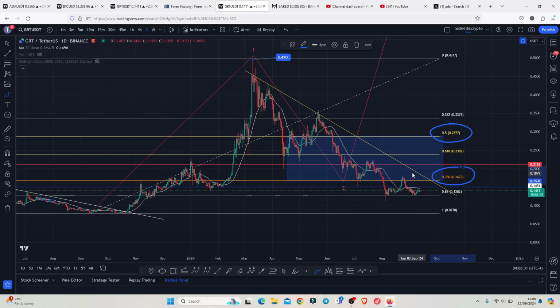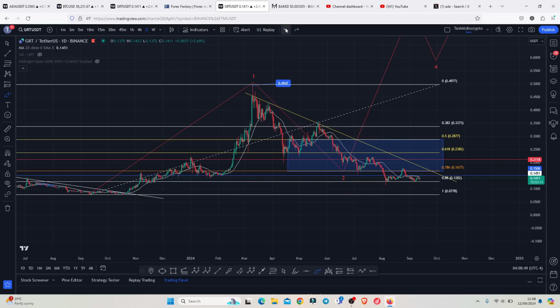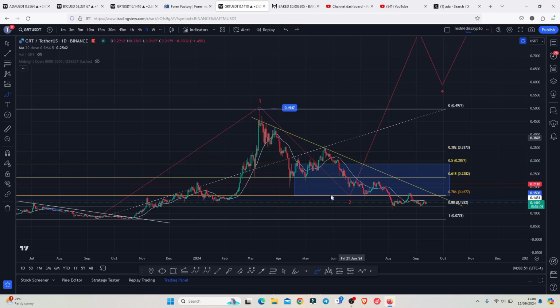And you can see that at some point we lost the fib level 0.78, but the fib level 0.88, which is the last line of support, and that is above the 0.1282, continued to act as support. And there's still a high chance that we now have a low in place for that Elliott wave count 2, and in the next coming days or maybe weeks, we are going to start a very aggressive bounce to the